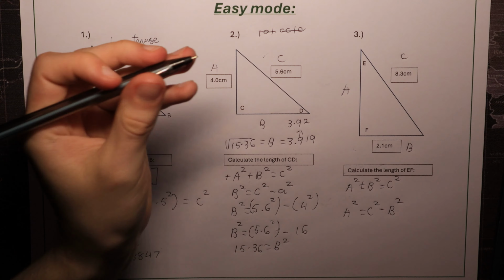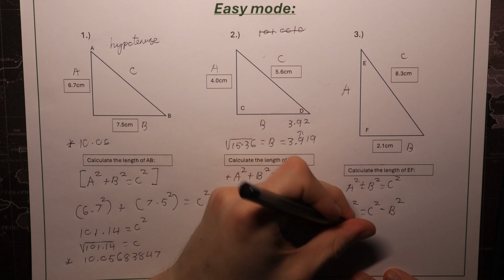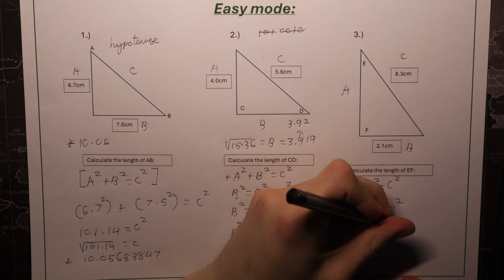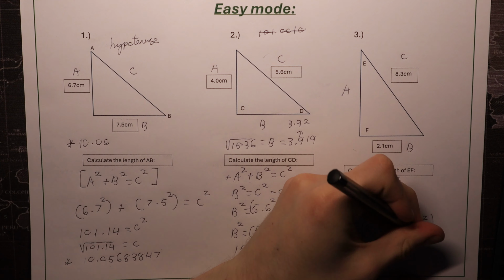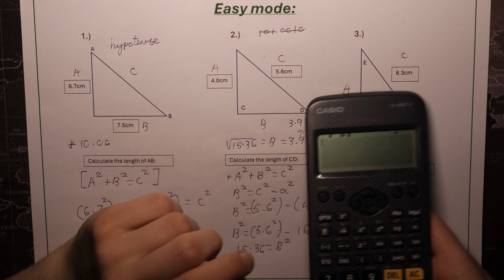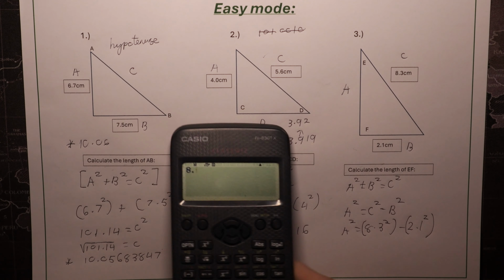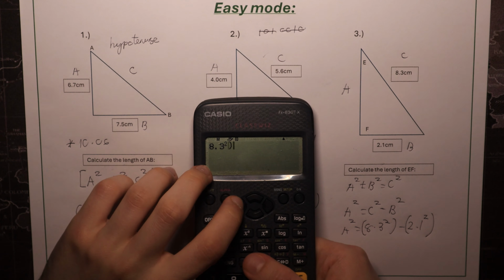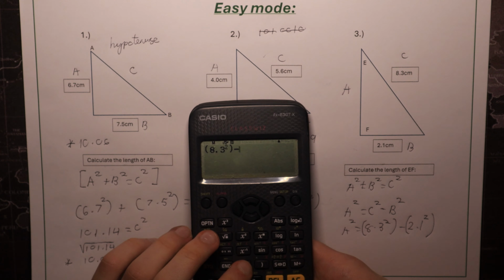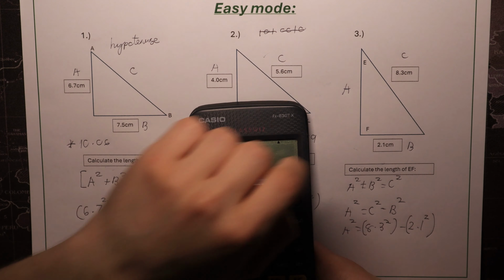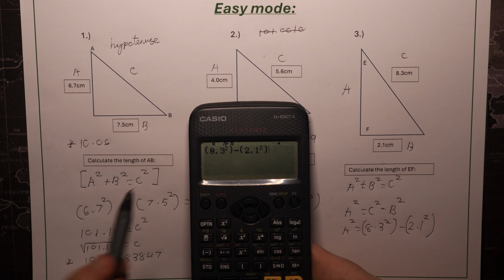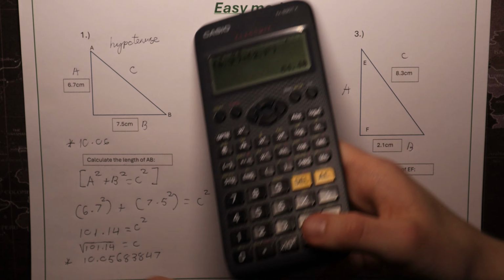Now let's just substitute our numbers in. So a squared, we don't have anything, but we have 8.3 squared, remembering of course the brackets, and then minus 2.1 squared. And then we can just put that in our calculators, like so. We have 8.3 squared, this, like so. Now of course we do then minus 2.1 squared. Remember, just check your numbers here if you've got them correct, and indeed you do. So what we have is therefore a squared equals